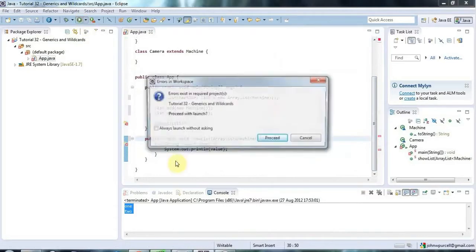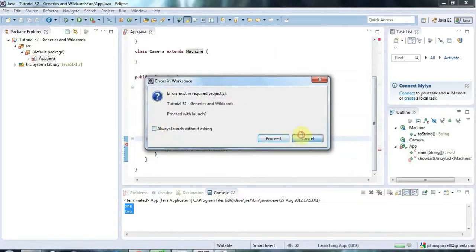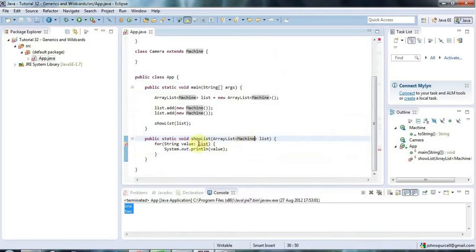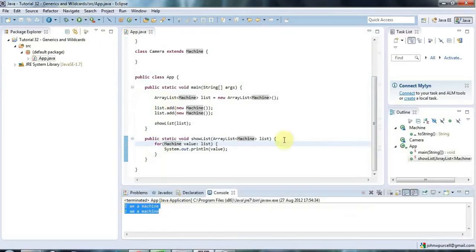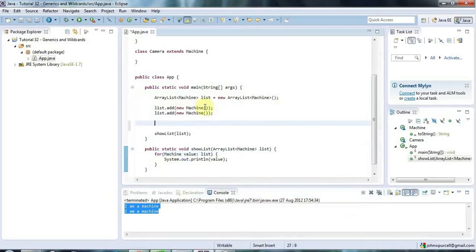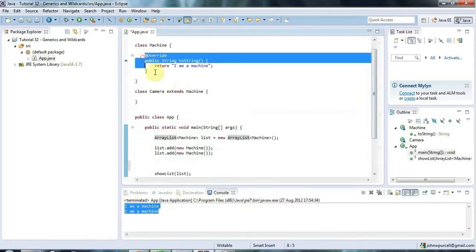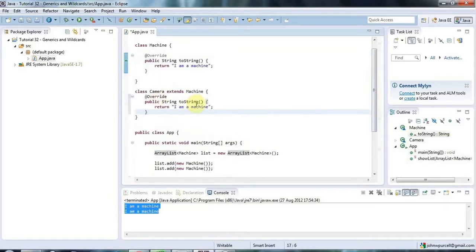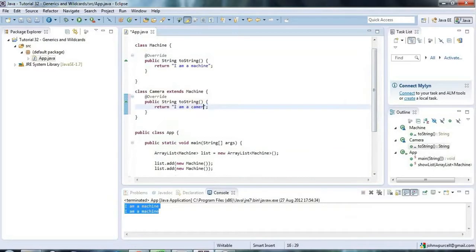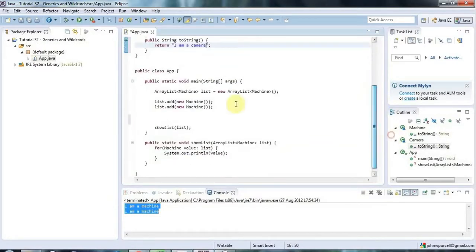Now as long as I change this to Machine as well, we have no problem. I can run that, and well, once I fix the errors, because this has got to also be Machine here, that should be fine. So let's run that, and there we go, we're outputting the contents of the list. Now supposing you have another ArrayList here, which contains a subclass of Machine, like Camera. Let's give Camera a toString method as well, so that we can distinguish Camera from Machine. And I'll just say here, "I am a camera", and let's just copy this stuff,